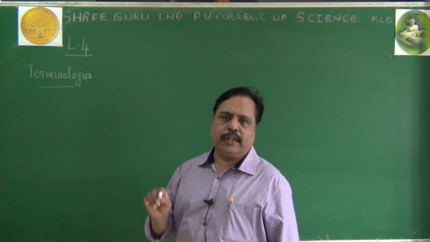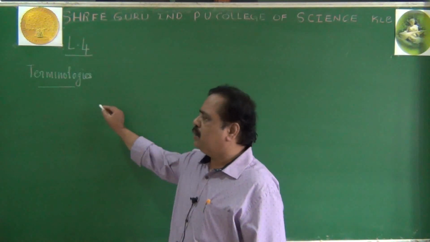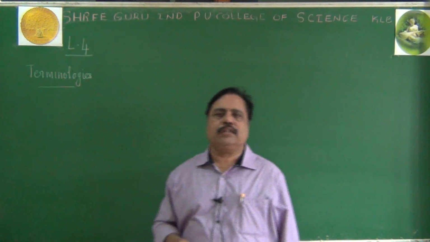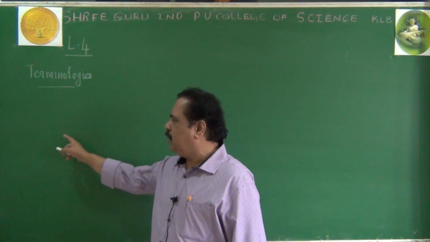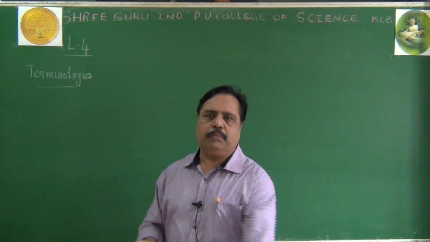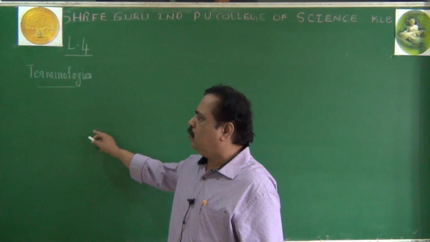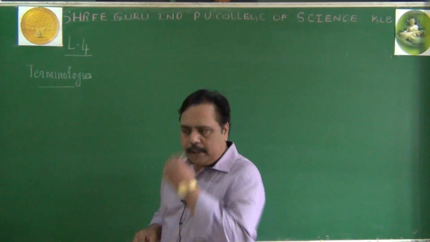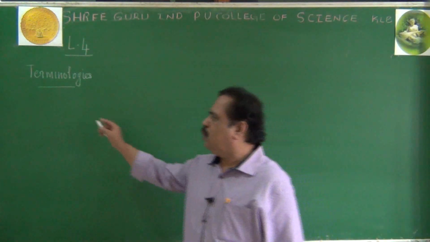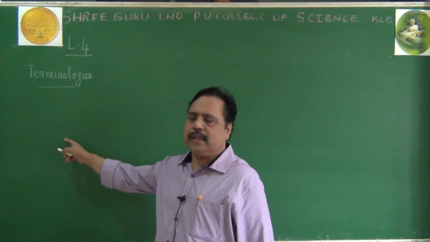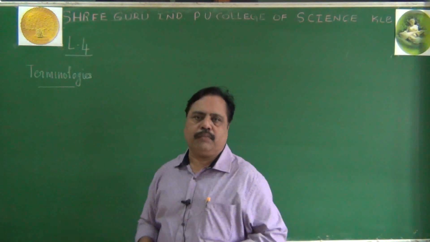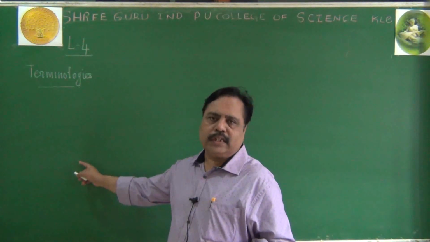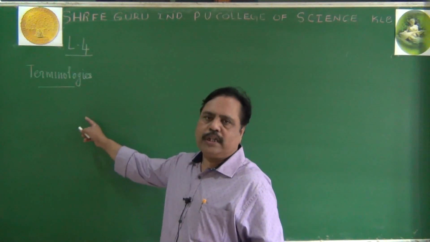Homozygosity refers to a condition in which two similar alleles of a character are present in the pair of homologous chromosomes. If both paternal and maternal chromosomes have similar alleles in them, then it is called homozygous condition, I am sorry. Similarly, heterozygous condition refers to two dissimilar alleles of a particular character present in the homologous pair of chromosomes. Dissimilar alleles.